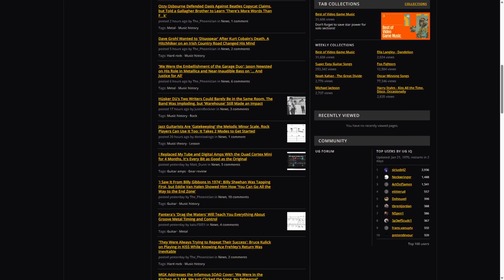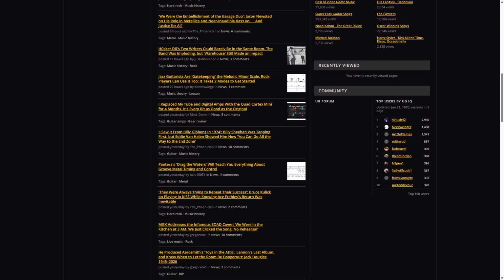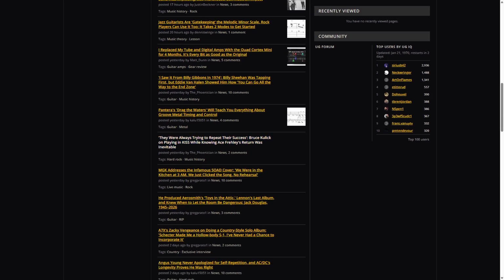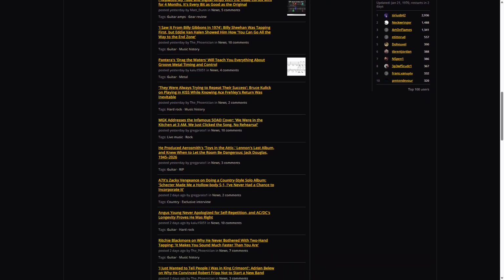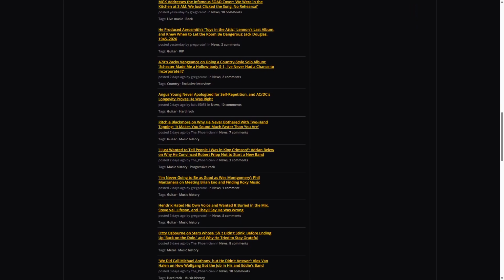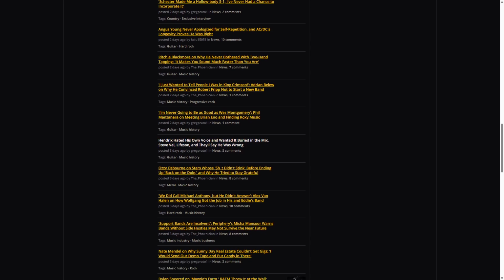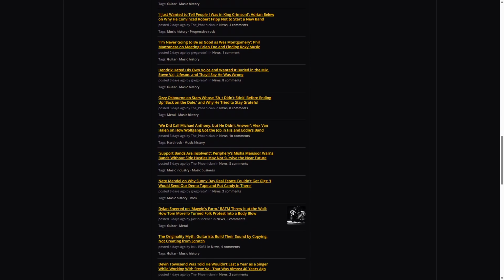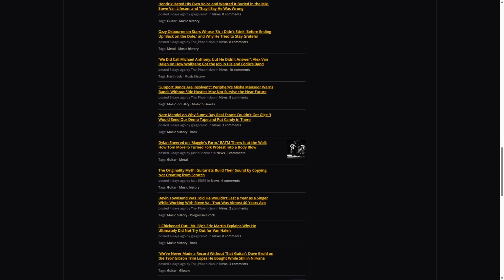One of its strengths is the community aspect, where players can share their own tabs and engage with others. However, it may lack advanced features for deeper music theory or composition. Ideal users include beginners looking to learn popular songs and casual players wanting to expand their repertoire without diving into